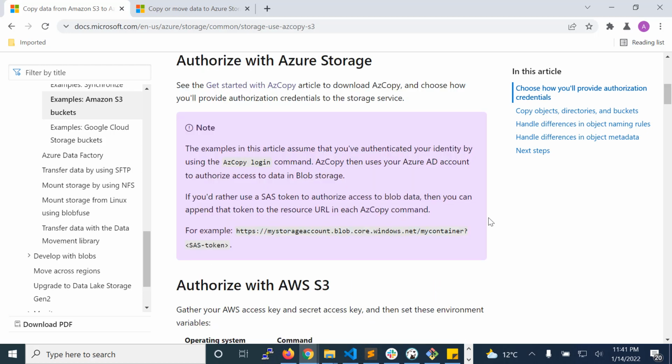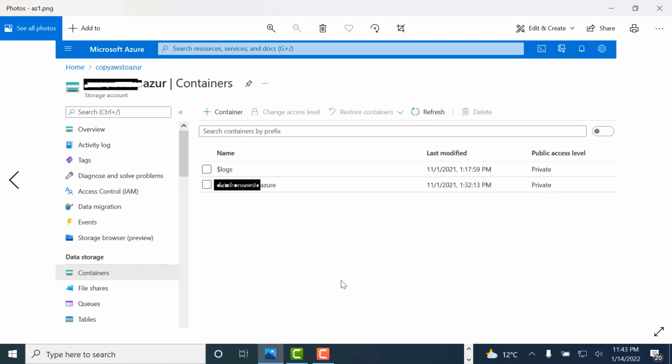So before going forward, we would need a storage account in Azure. If we don't have one already, we will need to create a new storage account in Azure and create a container inside that storage account where we want to copy our data from S3 to Azure. Suppose we have already created a storage account.